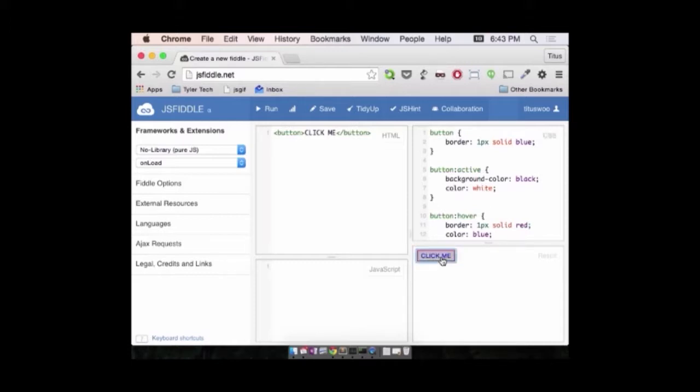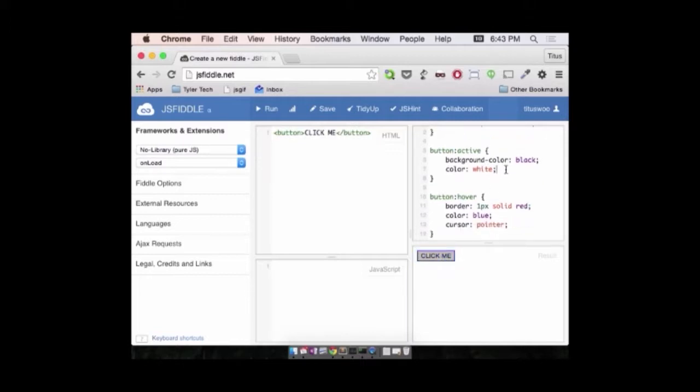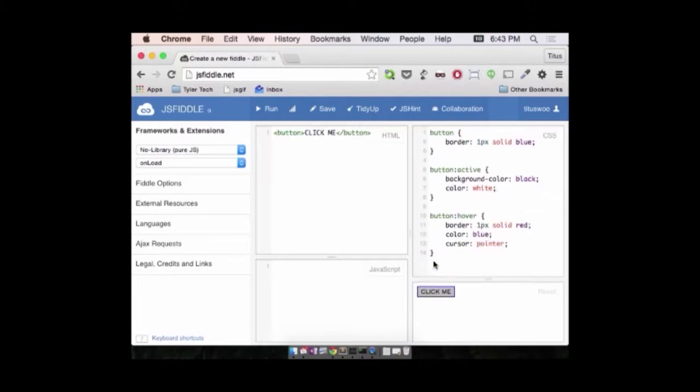Now, do you notice that the text is not white? That's because we have some default stylings in the browser, and it's being weird. So like, let's look at this. Like if we get rid of this, it'll be white. And the reason is because we're hovering over something. When you click on it, you're still hovered over it, right? So sometimes it gives you finicky issues like that, and you have to rearrange it,